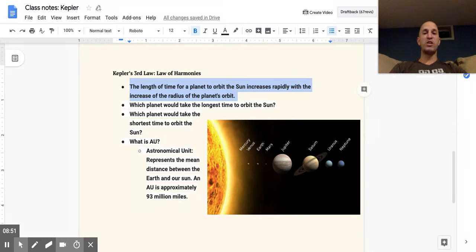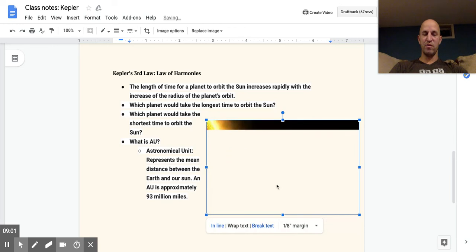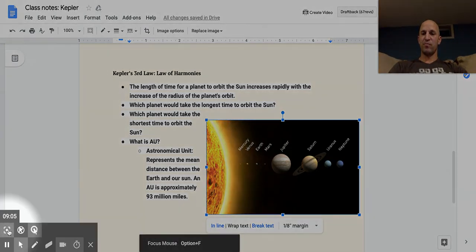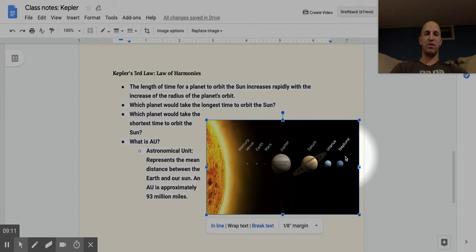So, which planet would take the longest time to orbit the sun? So, we have this nice picture right here. We have Mercury, Venus, Earth, Mars, Jupiter, all the way out to Neptune. So which one would take the longest to